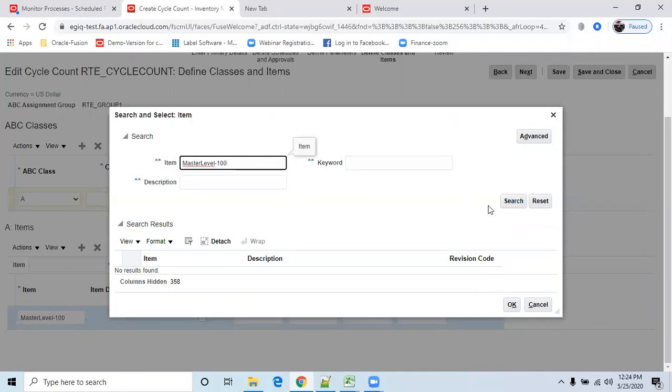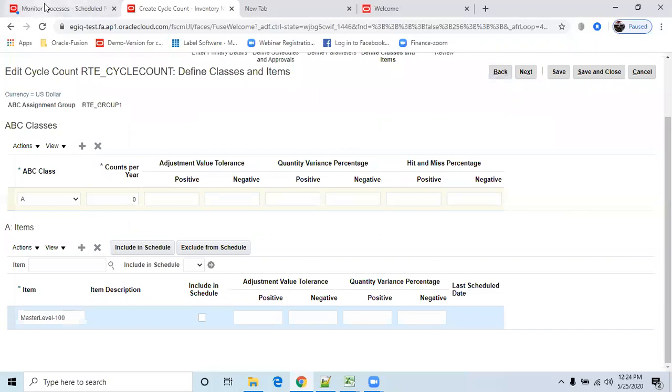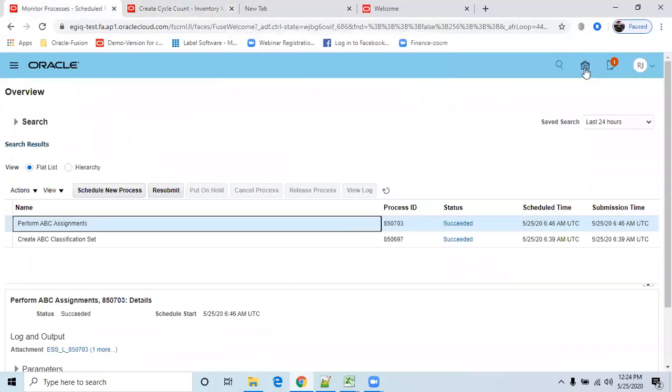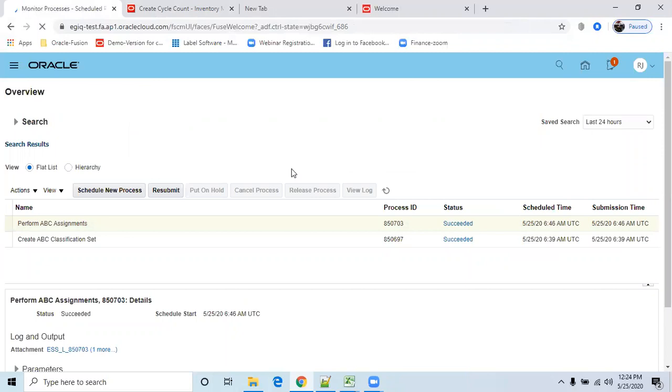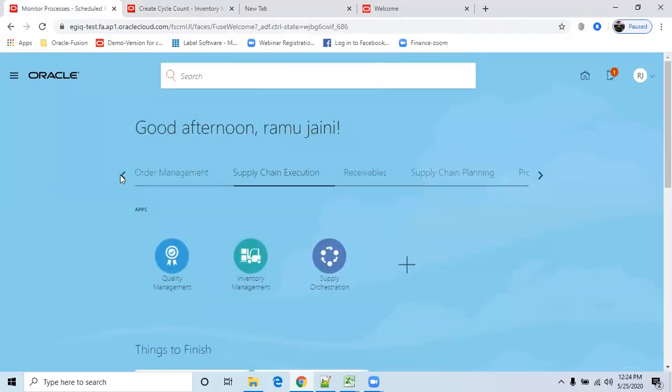What happened? Master level. Okay, so why it is not coming is because we have to enable the counting method while creating the item.